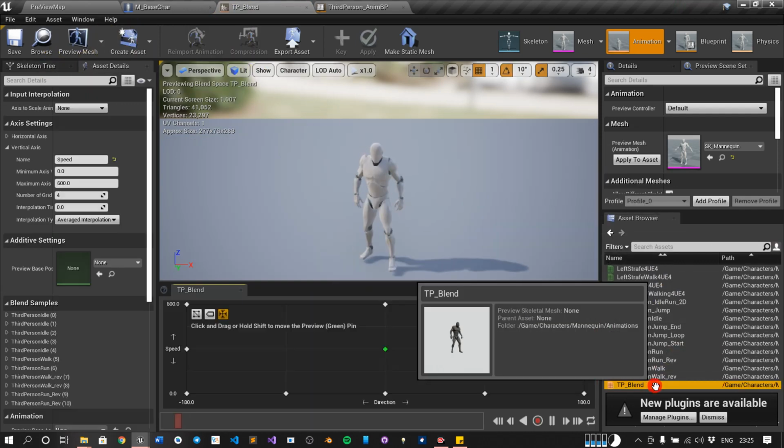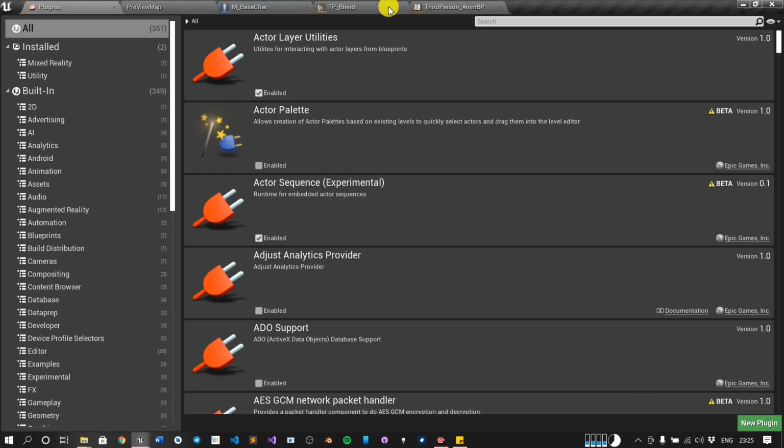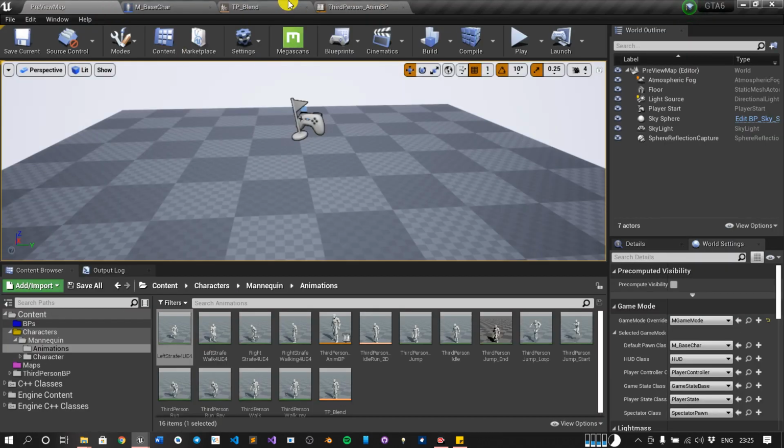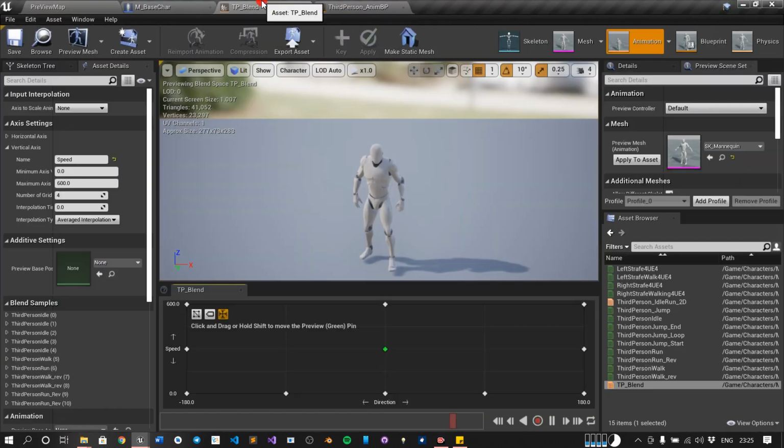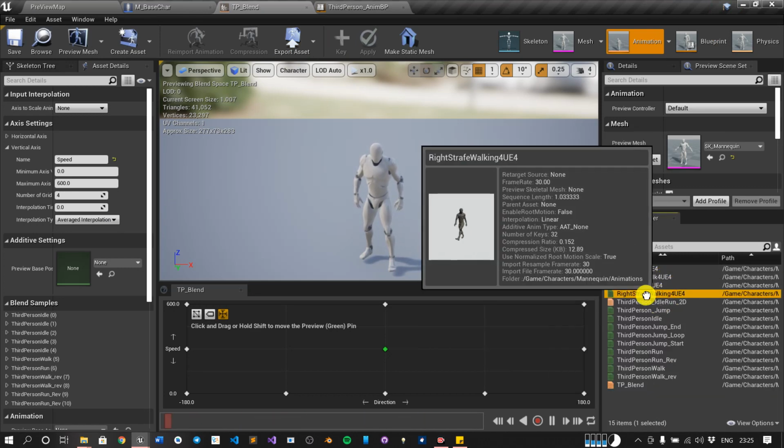Just go to blend again. Right. So in blend, at the 90° from the right hand side, we want to move right. So right walk. This is the one walking.